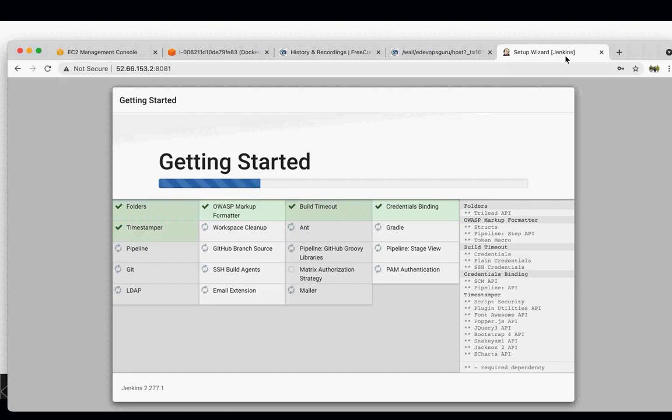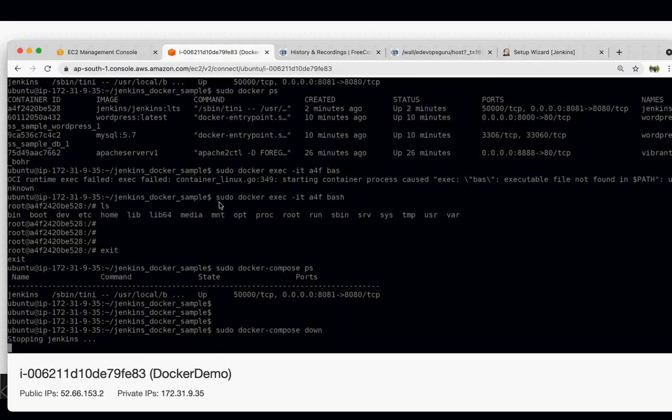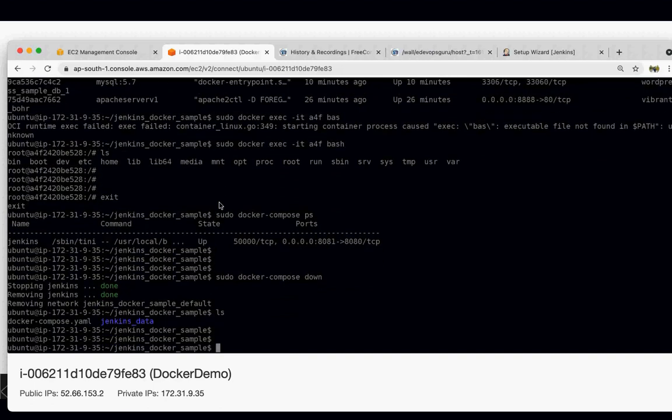Okay, so I think let it. It will take time, but meanwhile, let's shut it down and see how the persistence will look. So here, if we see, everything which is there in the Jenkins data folder is all here.